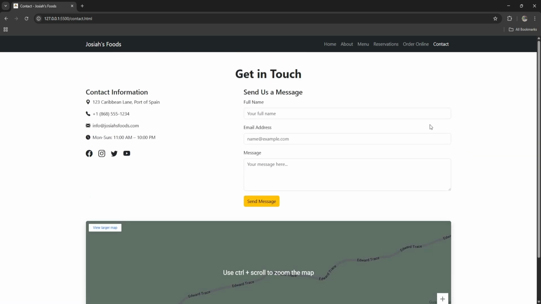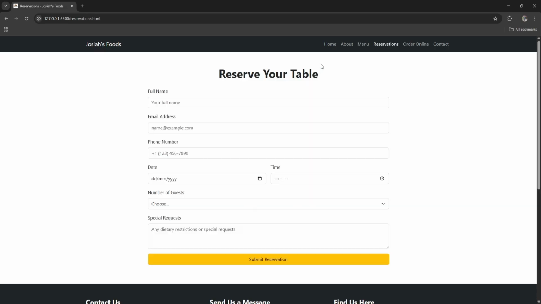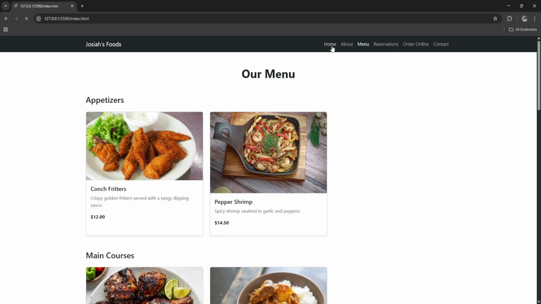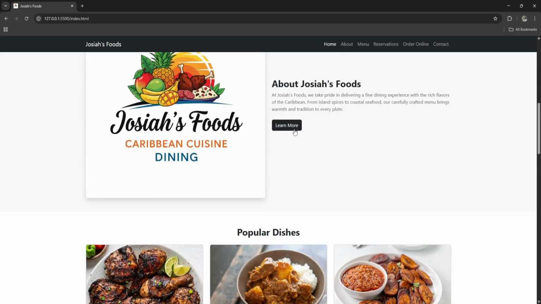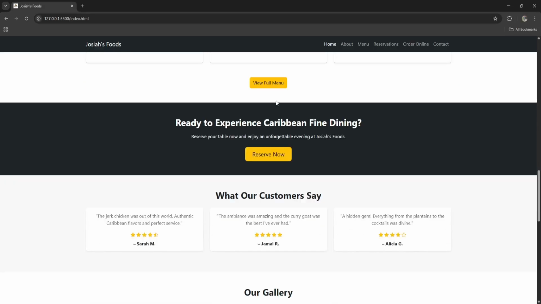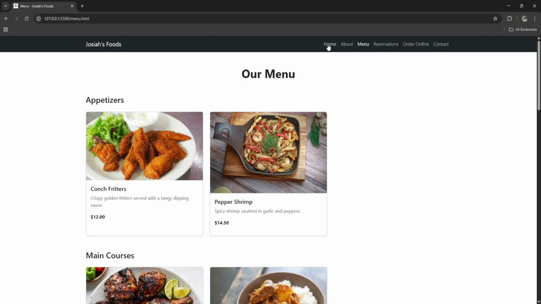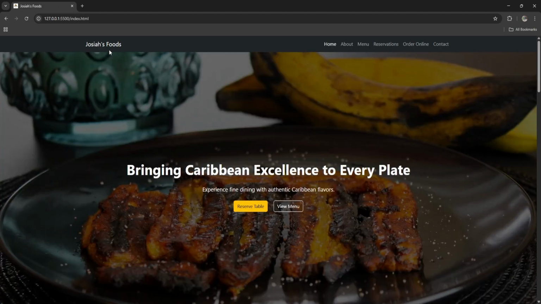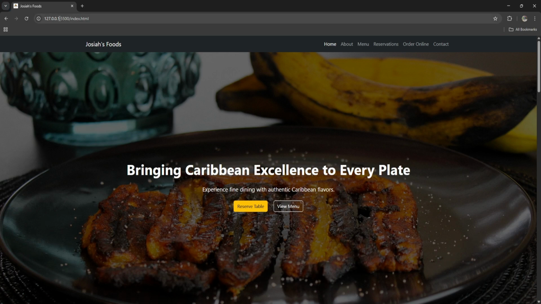Also, you can see I added this map feature, so it basically shows the location where the business is. If I go on reserve table, you can see that it takes you there immediately. Then go on view menu, it takes you there immediately as well. Same with learn more, click on that, it takes you there immediately. And if I go on view full menu, that takes you there immediately as well. Oh, and also one thing, you can see that this here is a link to take you back to the home page as well. And I also have the icon in the icon tab bar. I don't know what the name is that you actually call that. That's pretty much it here for this